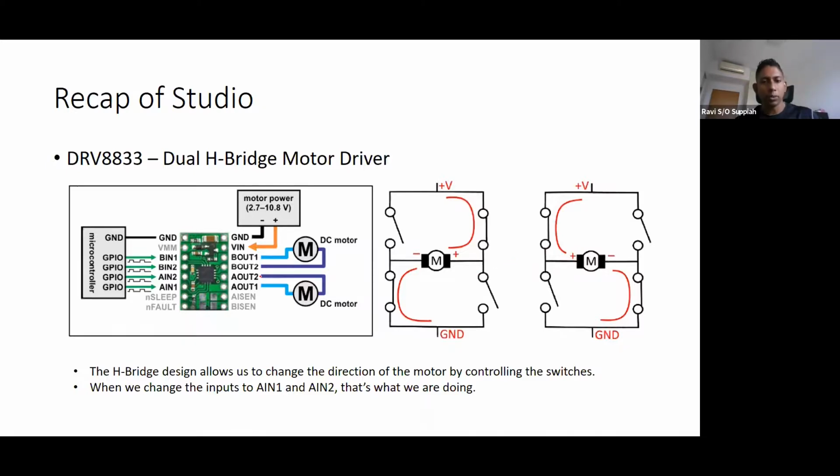We're actually doing the same thing over here, and what your motor driver chip does is it allows us to boost up the output voltage, to drive enough current into the motors. Like what I mentioned just now in the studio as well.